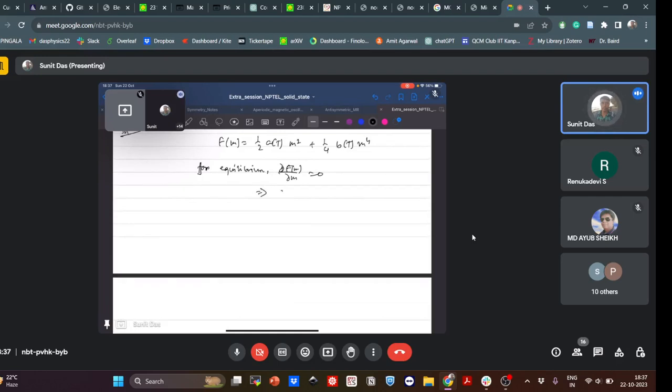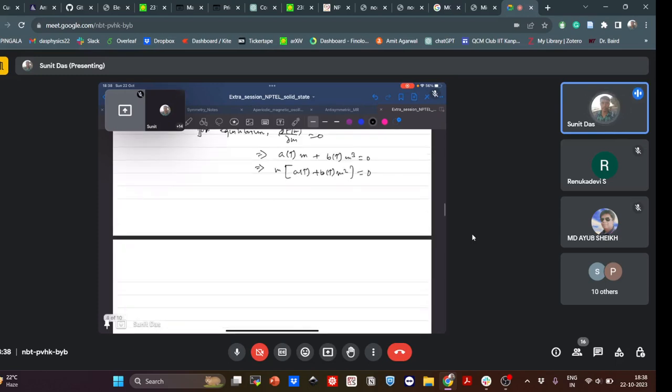So this will be a of t m plus b of t m cube equal to 0. That means m times a of t plus b of t m square equal to 0. So there can be two solutions or three solutions. This is a cubic equation. So one is m equal to 0, and the other two are plus minus